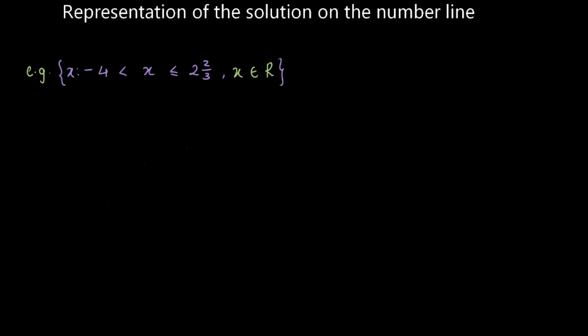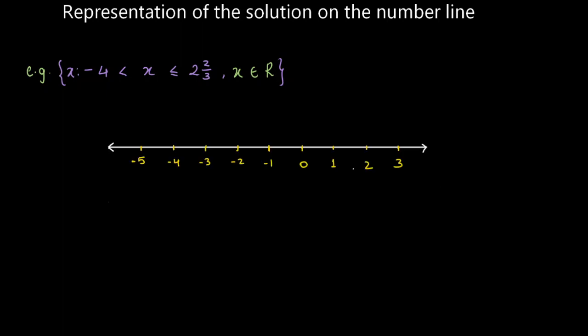Right. So let's see how to plot this solution on a number line. Let's consider this as a number line here, as you can see. So we have to go from -4 all the way up to 2/3. Now, x is greater than -4. So at -4, understand it is just greater than. It is not greater than or equal to. So what we can do is make an open circle at -4, because it is greater than -4